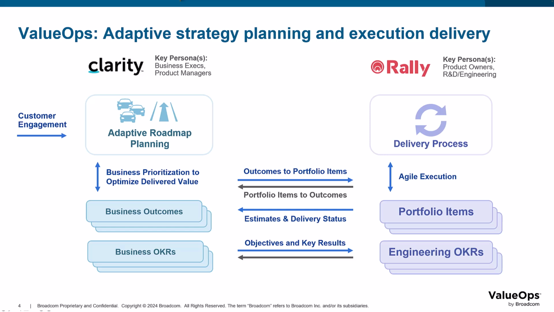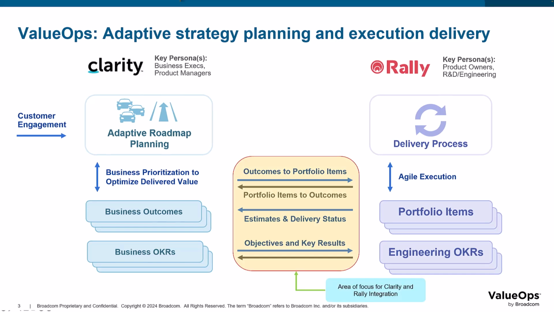From a Rally integration perspective, different parts of the organization will articulate unique OKRs related to their respective roles. Even though these OKRs may be viewed through different filters, they can often complement or be aligned with each other. As a result, business and engineering management achieve OKR alignment. This is how we visualize the relationship between these two solutions. We're going to continue to evolve this over time as customers tell us what other information they'd like to see go through this round trip.